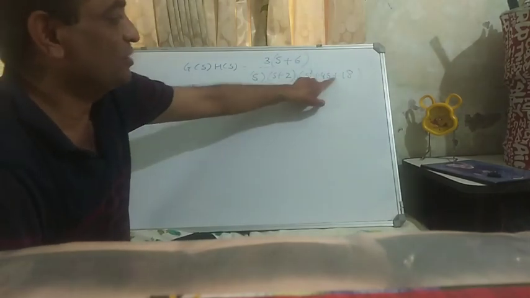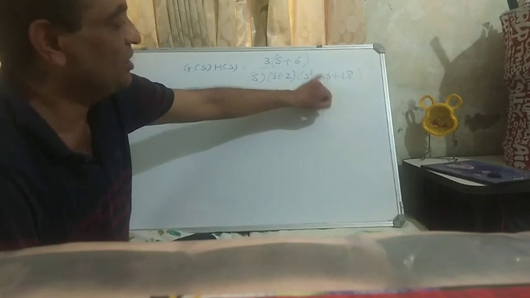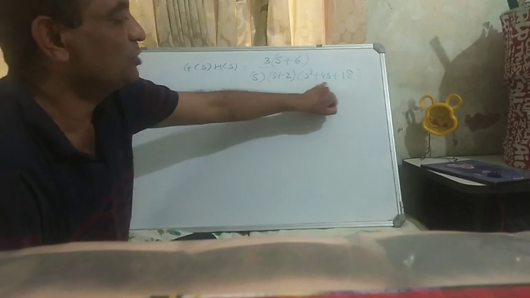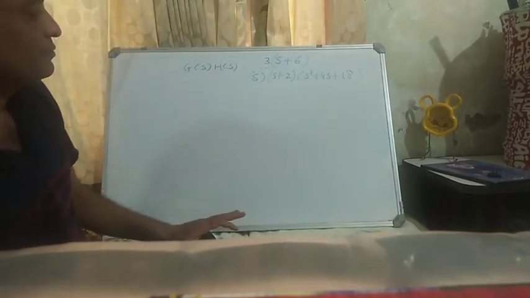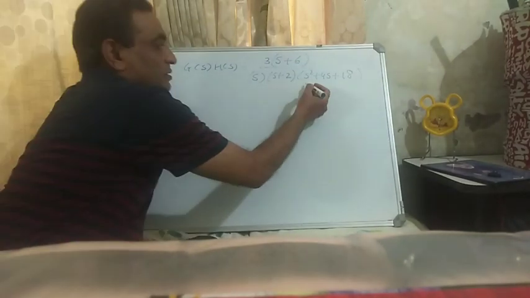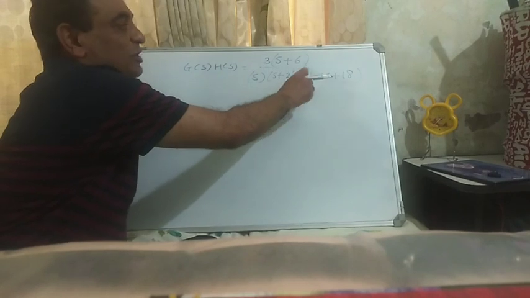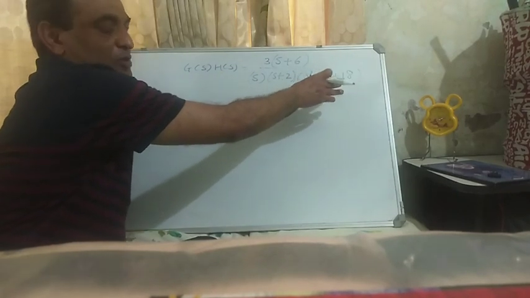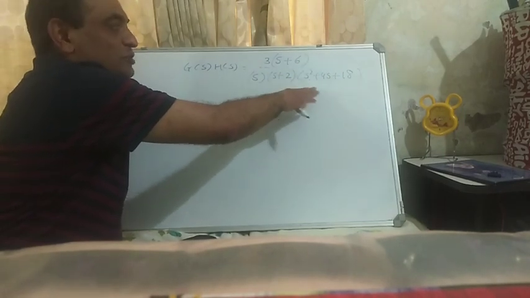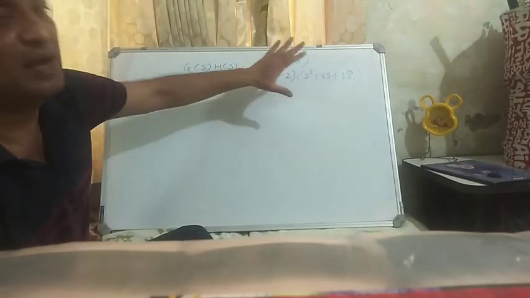If this is a second order term, you need to factorize this. If you get real roots, then you need to expand this. But if the roots are complex conjugate, then you need to keep it as a second order term. So now I repeat, this is a second order term. But if you are able to find the real roots, then you need to expand into two first order terms. If you cannot find the real roots, or if there are complex conjugate roots, then you can keep it like this. Now I need to convert into its time constant form.